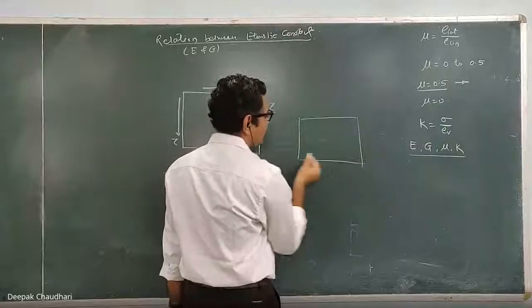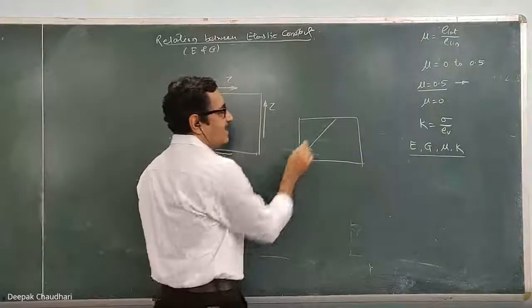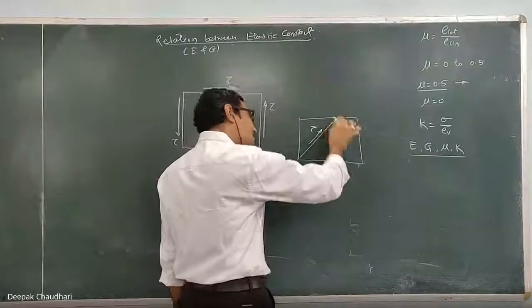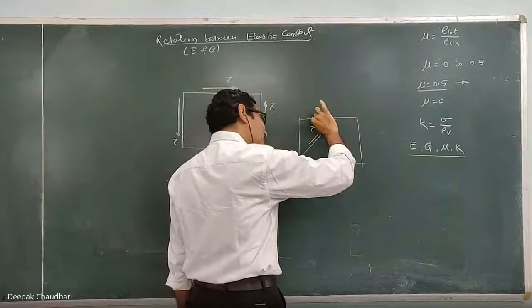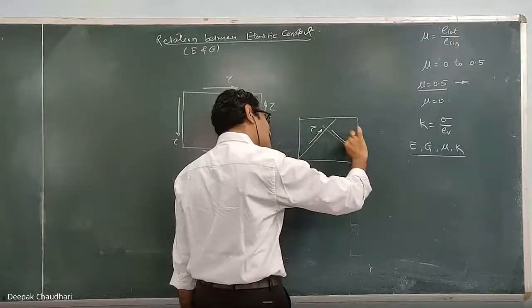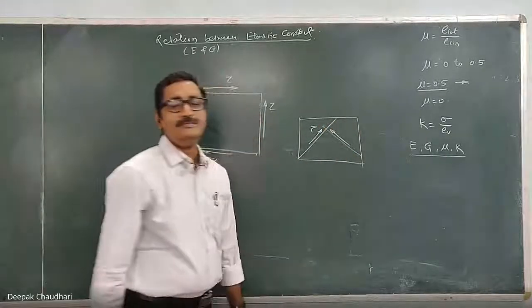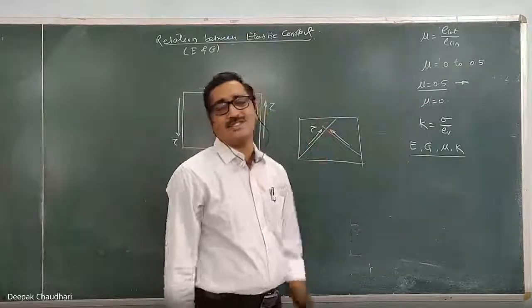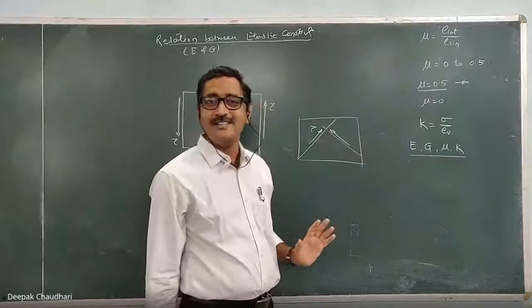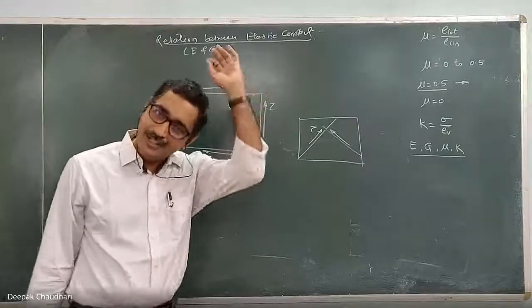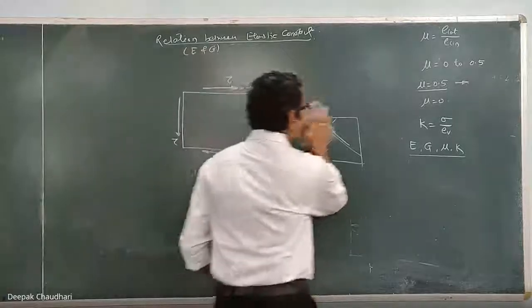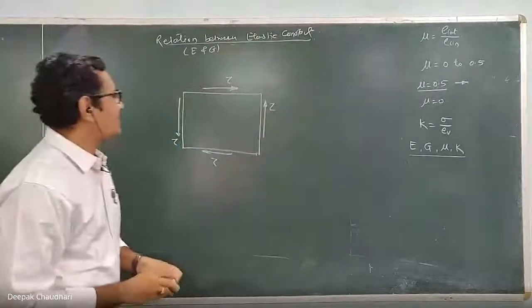Remember that in any object, suppose this is an object and I consider one inclined plane. If there is a shear stress tau on this inclined plane, then an equal amount of shear stress will be induced on a plane which is perpendicular to that and opposite in nature. So this is the induced shear stress and this is the complementary shear stress. Even if it is not shown, it is there, which is known as a complementary shear.